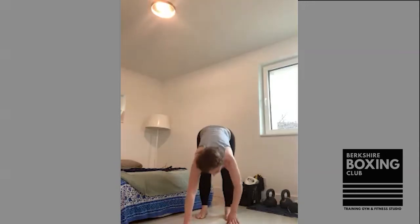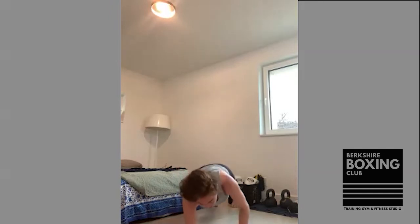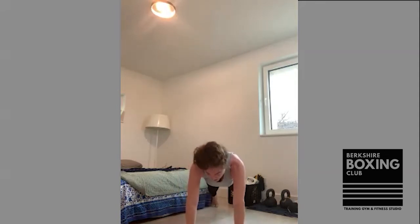Now we're going to walk out and we're going to do up downs. Okay. So that's elbow to palm. We're going to do 10. We're going to do just starting on the right side. Okay. So you're going to walk out. You drop the right arm down. Okay. So right, left, that's 1. Right, left, that's 2. Right, left, that's 3. Right, left, that's 4. Right, left, 5,